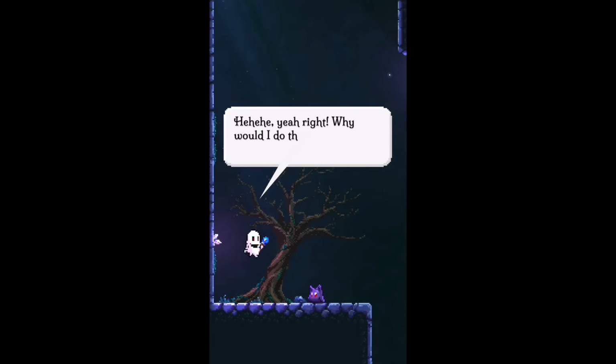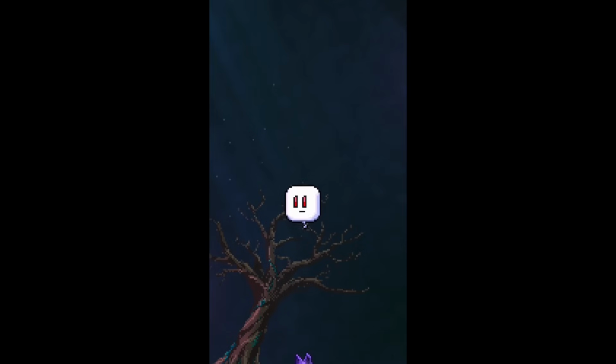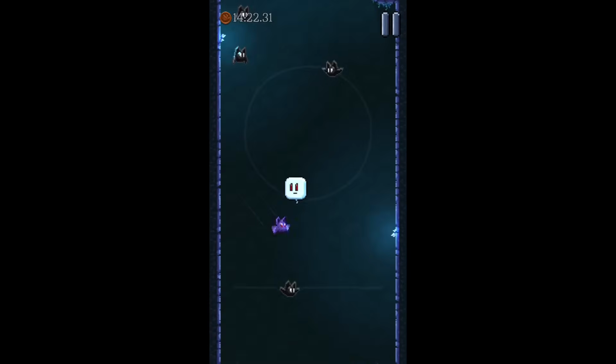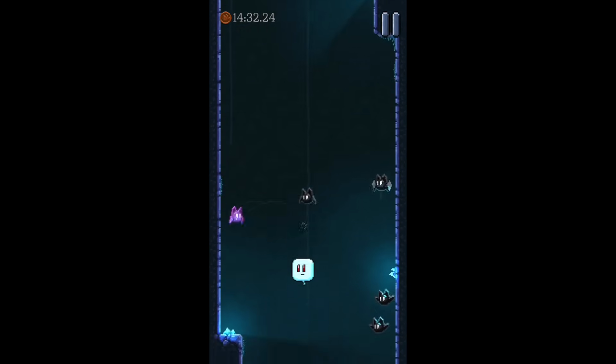There's a checkpoint eventually where you meet the villain, this little ghost guy. He turns into his ultimate form, a balloon. Such a smart idea for this game, I can't believe it. You gotta bounce him up while avoiding obstacles at the same time. It was all going great until...